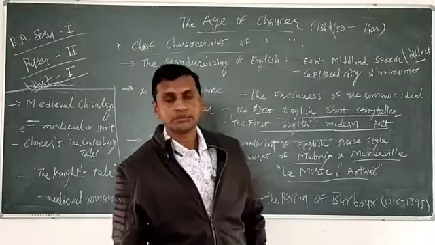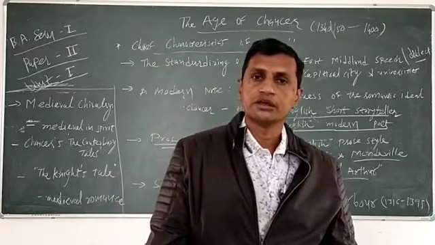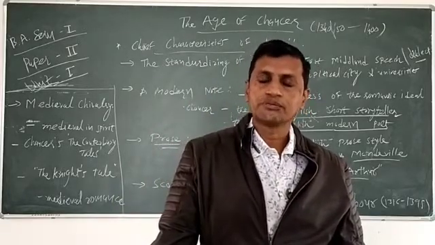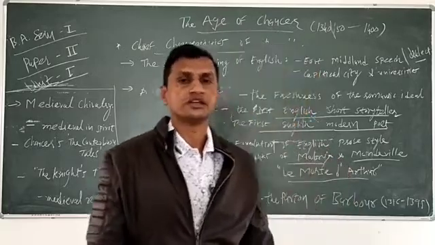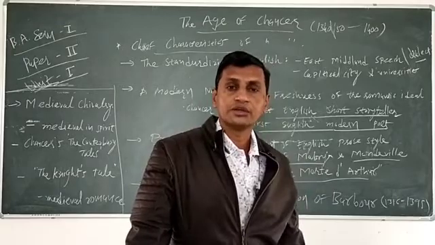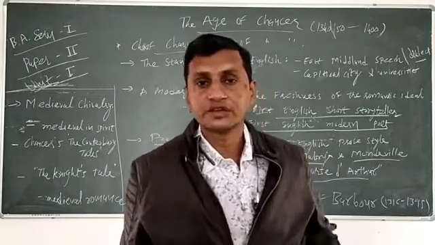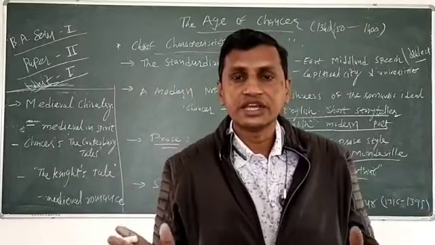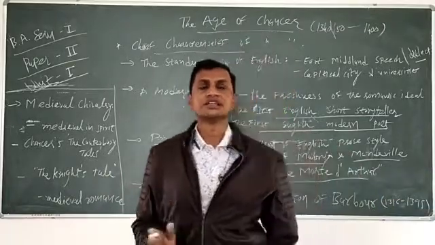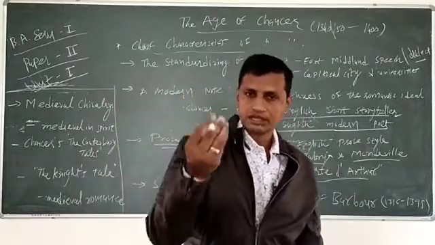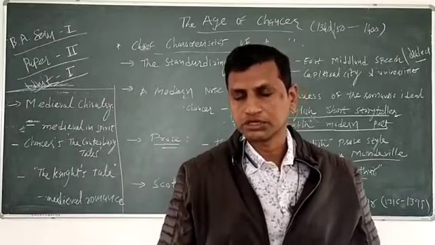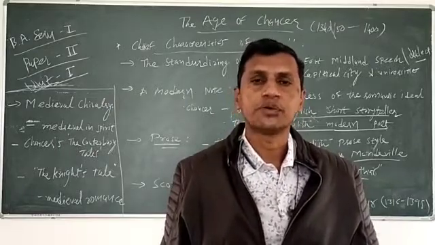With the help of these two writers, Malory and Mandeville, and Chaucer, the foundation of English prose style was established during the time. Gradually, due to the use of the English language, Latin and French were losing their grip on English literature. Because during that time, up to Chaucer, before Chaucer's time, those were the writers, the poets, which